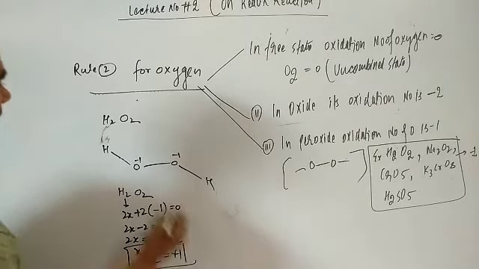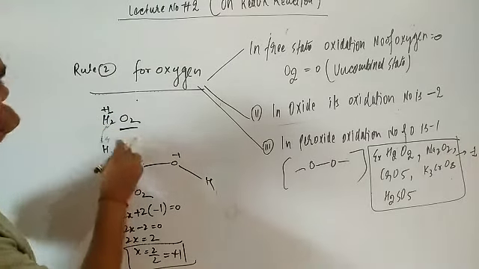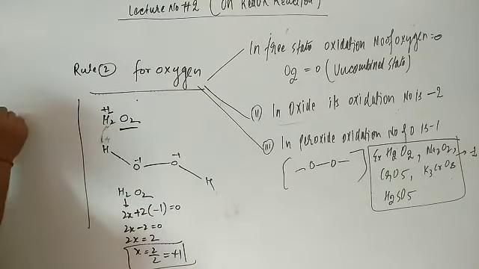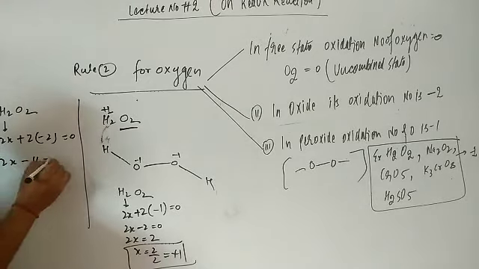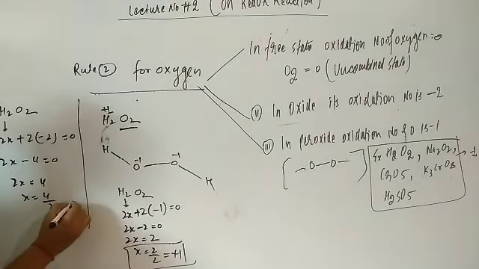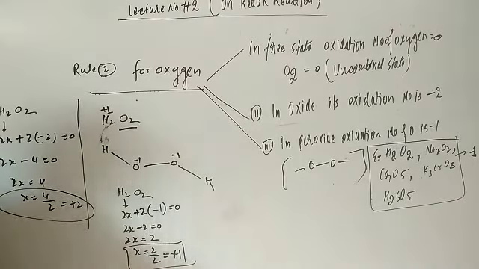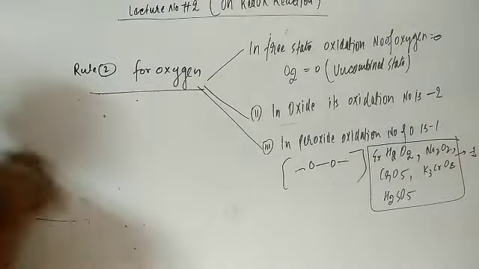So you can check that hydrogen is coming +1. How is it coming +1? When you are keeping the oxidation number of oxygen as -1. Otherwise, if you are using the normal method for H2O2, it is 2x, and oxygen -2 multiplied by 2 is equal to 0. So 2x - 4 = 0, so 2x = 4, so x is equal to 4 by 2, it is coming to be +2. And hydrogen cannot have a +2 oxidation number, student. So always we have to keep in mind whether any peroxide linkage is there in the compound or not. Otherwise you can make mistakes also.